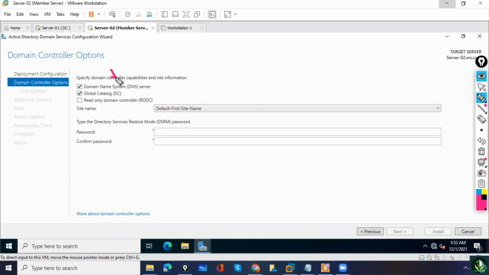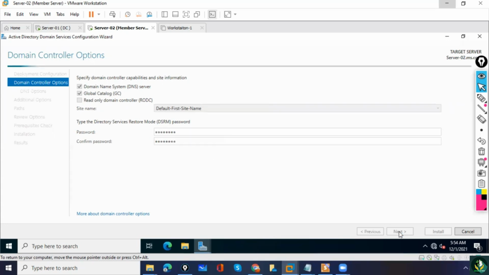If you want to make this ADC a read-only domain controller, you will select this option. If you uncheck it, it will get read-write permission. We need to provide the DSRM password here. Let us provide NOA123#$, NOA123#$. Then we'll click next,